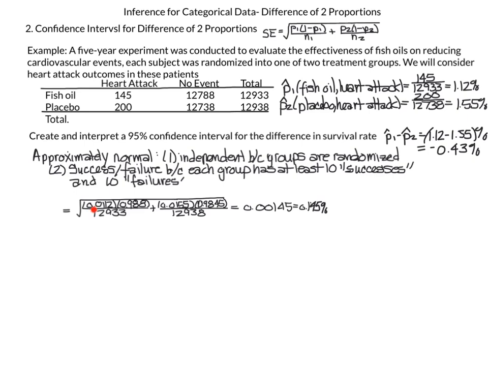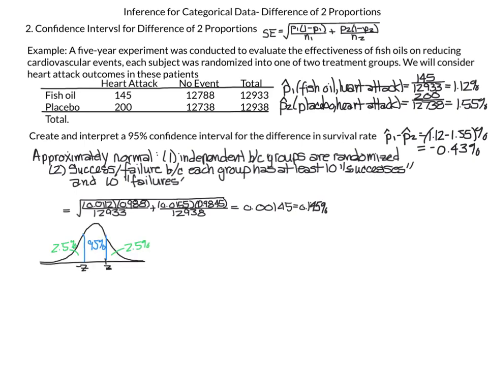So I have P1, which is my 1.12%, which I converted to a decimal, 0.0112, times 1 minus 0.0112, which is 0.998, divided by n1, which is our 12,933, plus our P2 times 1 minus P2, so P2 again converted to a decimal, 0.0155. 1 minus that is 0.9845 divided by n2, which is 12,938. Taking all of that square rooting,